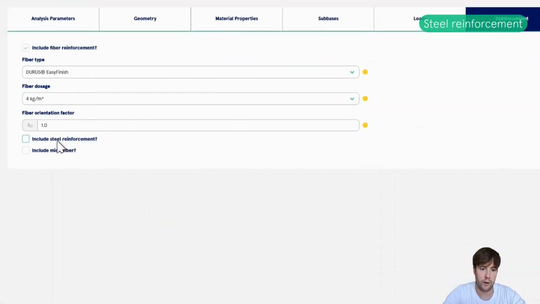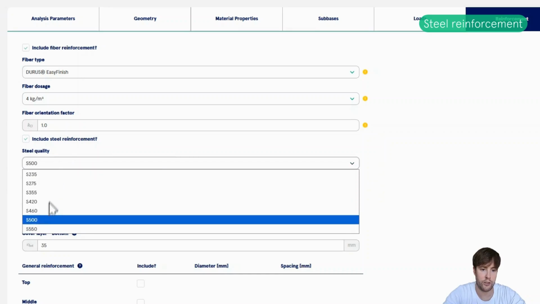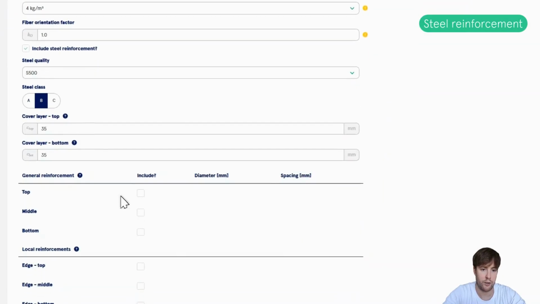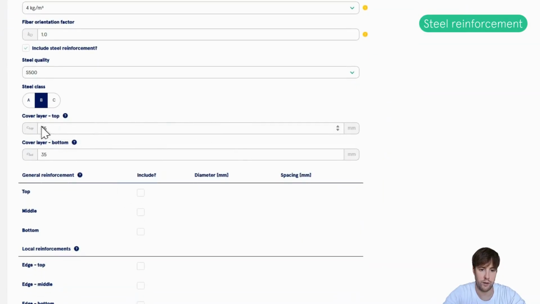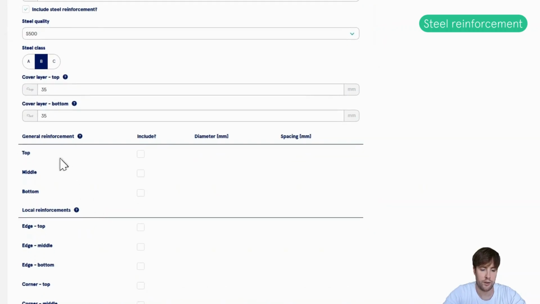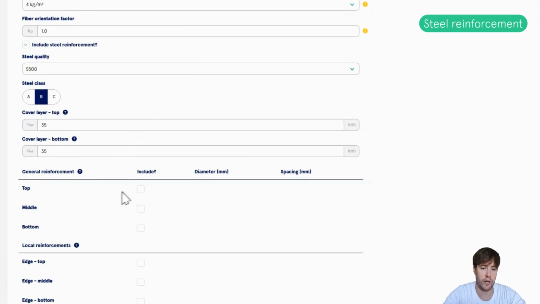So what we can do now is say we want to add some steel reinforcement. Here you can choose the steel quality, you can choose the steel class, you can choose the cover layer both in the top and at the bottom. In general, you can add steel reinforcement everywhere in the slab.